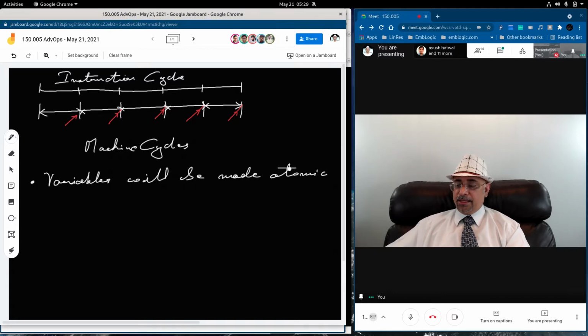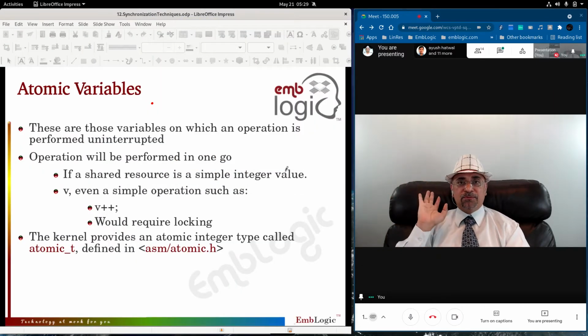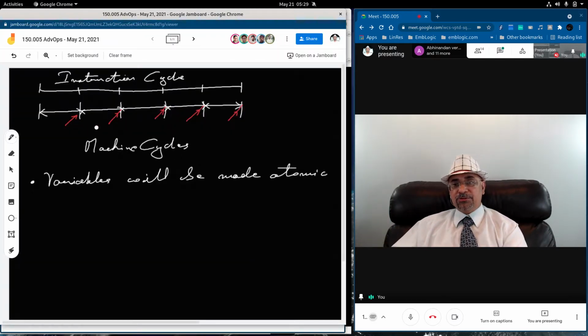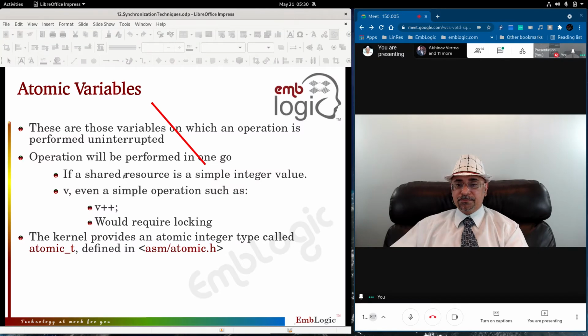Then any operation that is performed on that variable will be performed atomically. Operations will be performed in one go, and these interruptions that you see would not come.